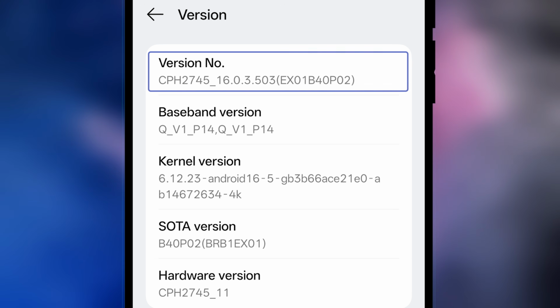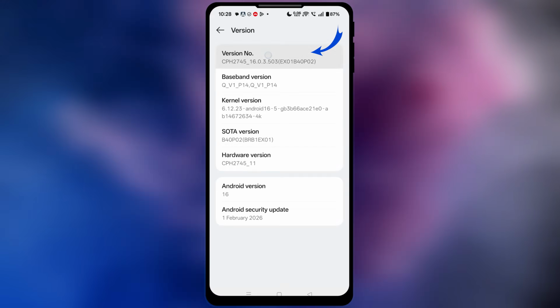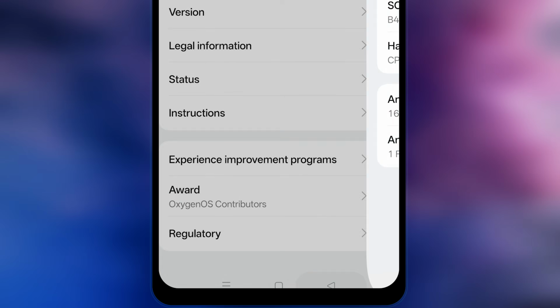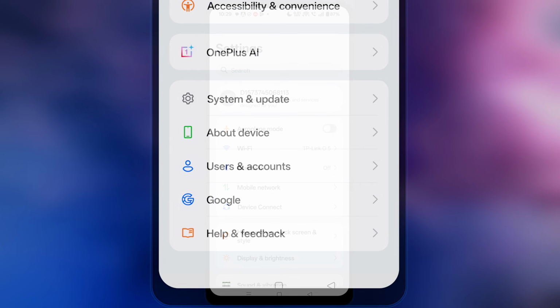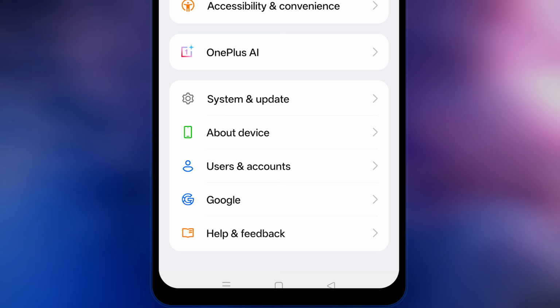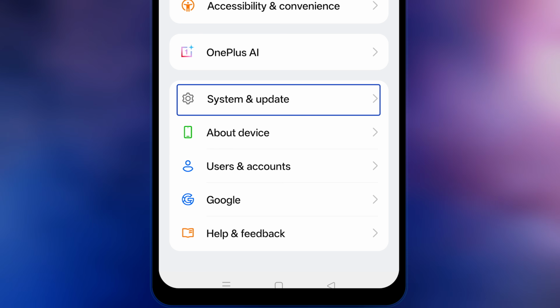Once you find either build number or version number, tap on it 7 times continuously to enable developer options. Your phone will ask for your device PIN or password to confirm. Enter it to proceed. After that, developer options will be enabled. Now go back to the main Android settings page and look for developer options. It's usually located near the bottom of the main Android settings page, or sometimes inside the System and Updates menu